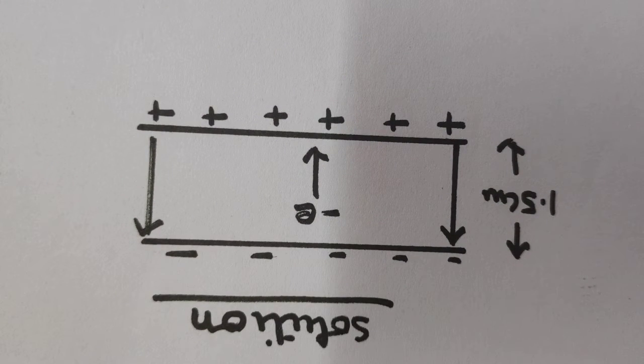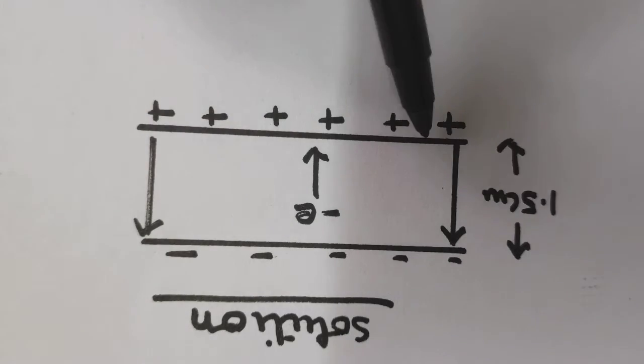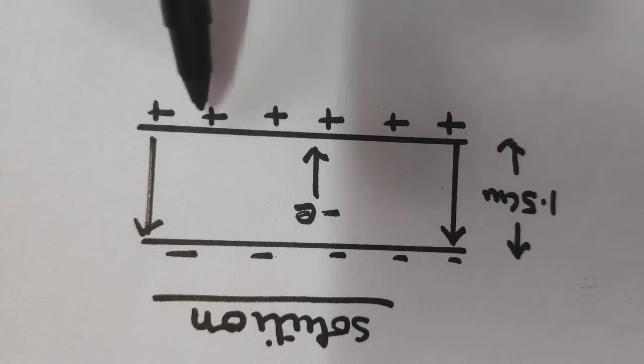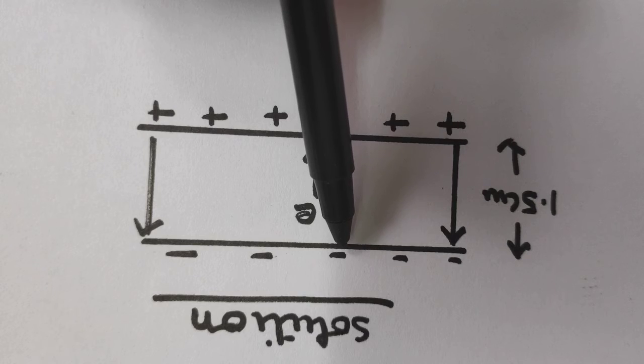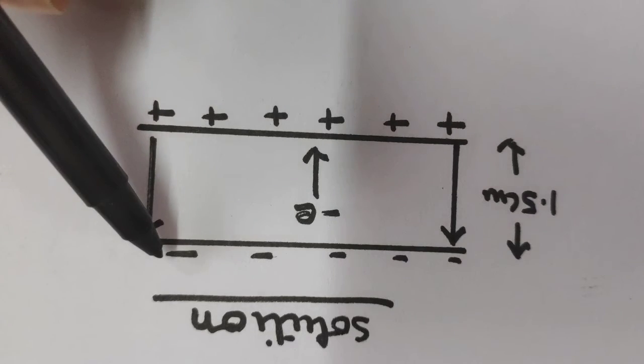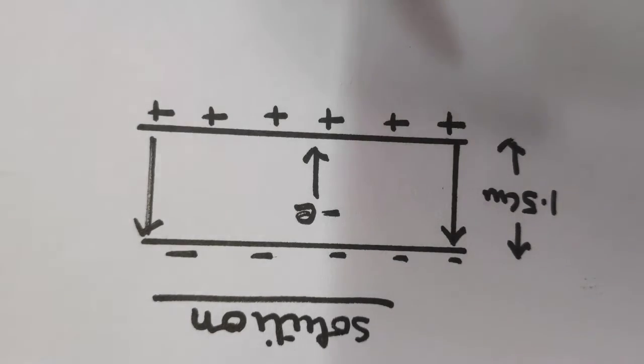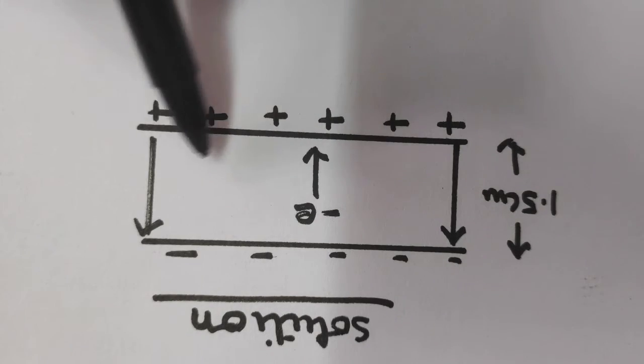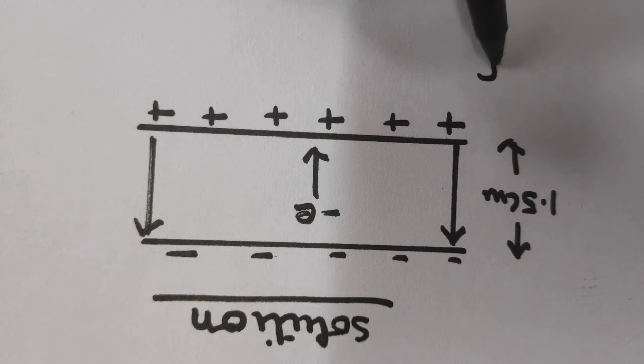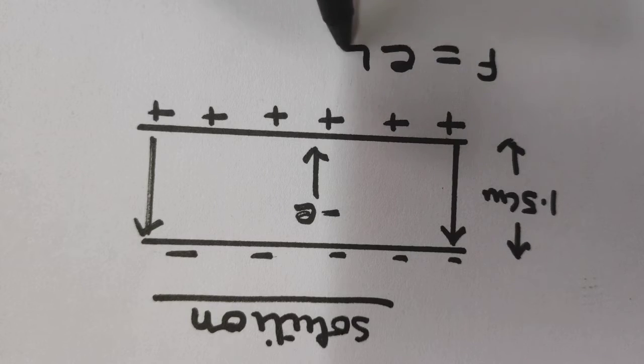Solution of this question. This is an electric field between two plates, one positively charged and the other negatively charged. The direction of the electric field is from positive to negative, and an electron falls through it. The distance is 1.5 centimeter. So when the electron falls in the field, it will experience a force equal to F equal to e into